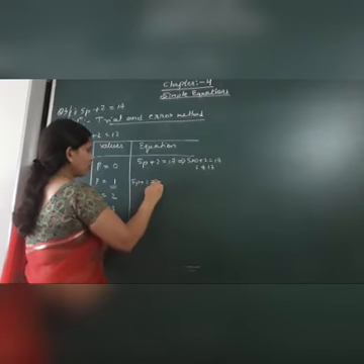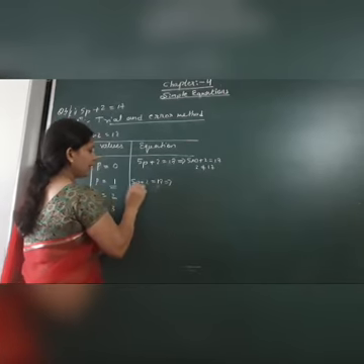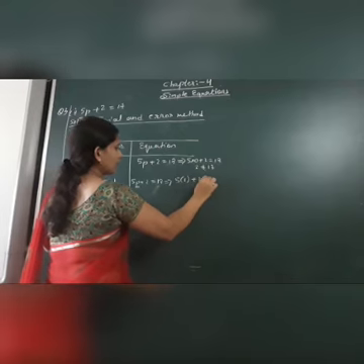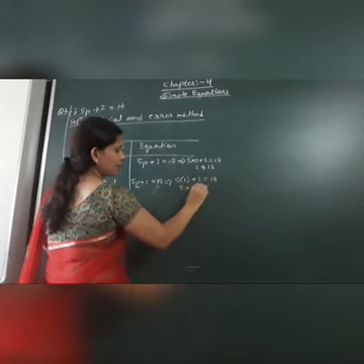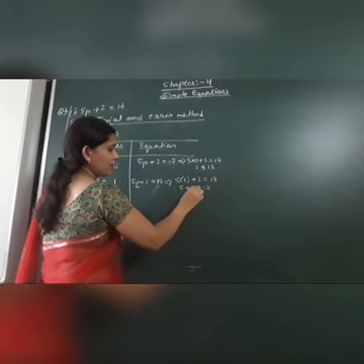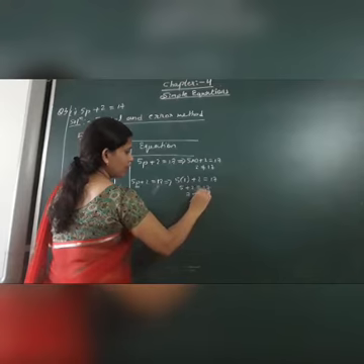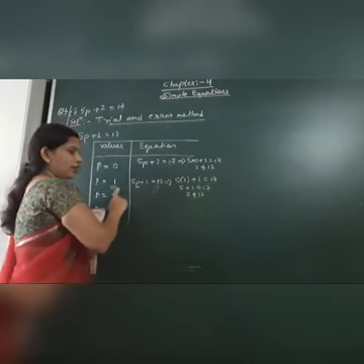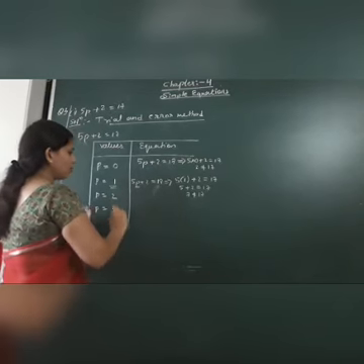Second, p is equal to 1 we are having, that is 5p plus 2 is equal to 17. We are going to substitute the value, isn't it? So in place of p we are going to put 1. So 5 into 1 plus 2 is equal to 17. So 5 into 1 is how much? 5 plus 2 is 7. Seven is not equal to 17, isn't it? That is, this value p is equal to 1 is not satisfied. That means it is not there.